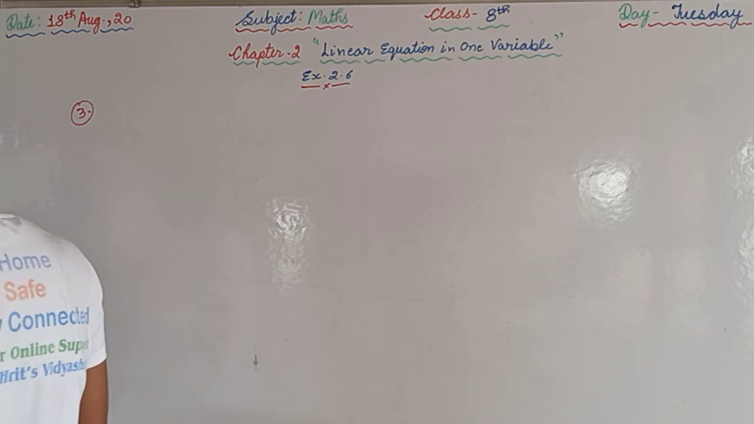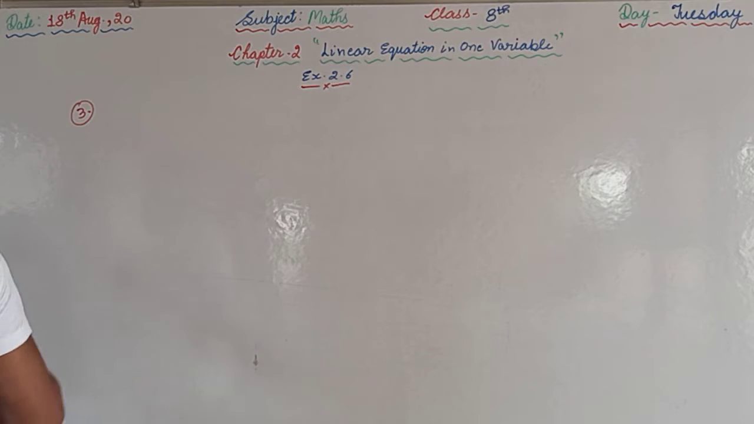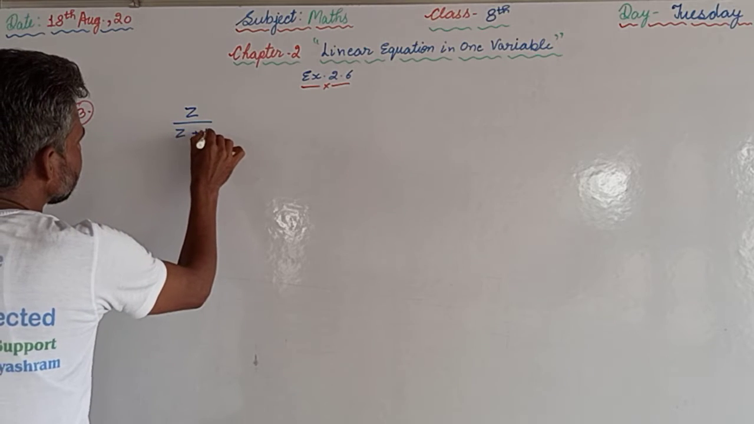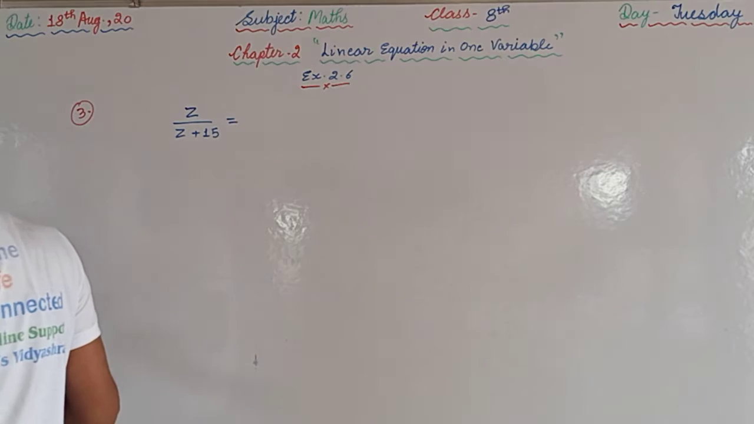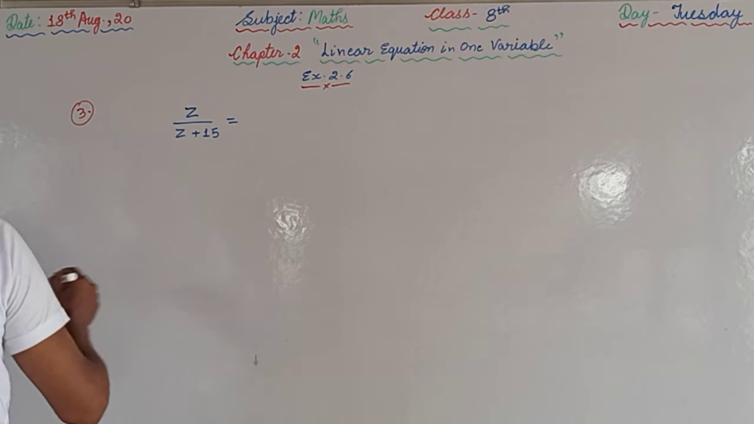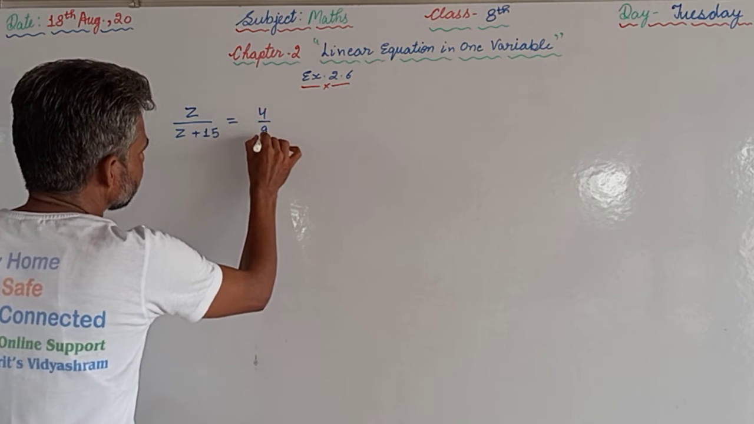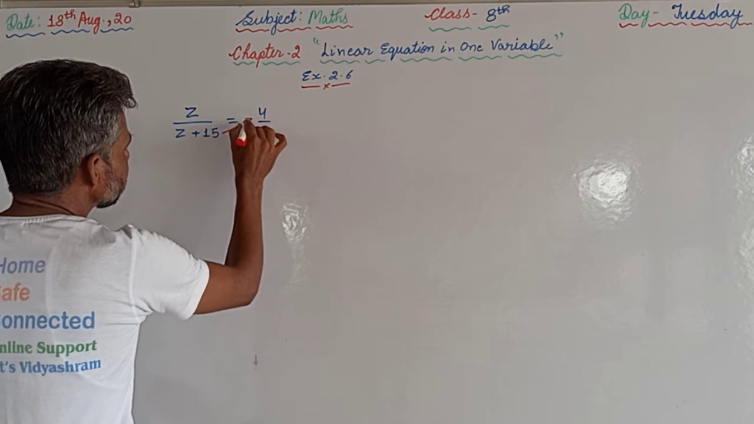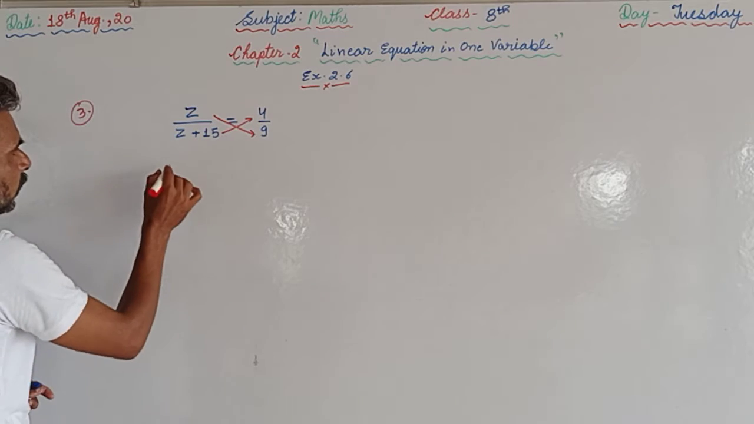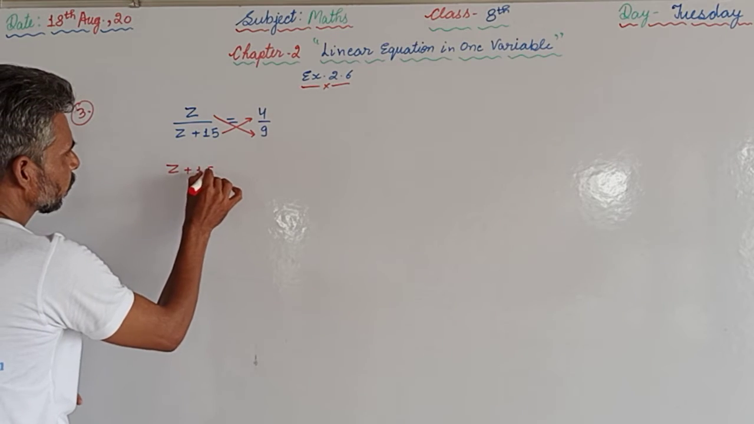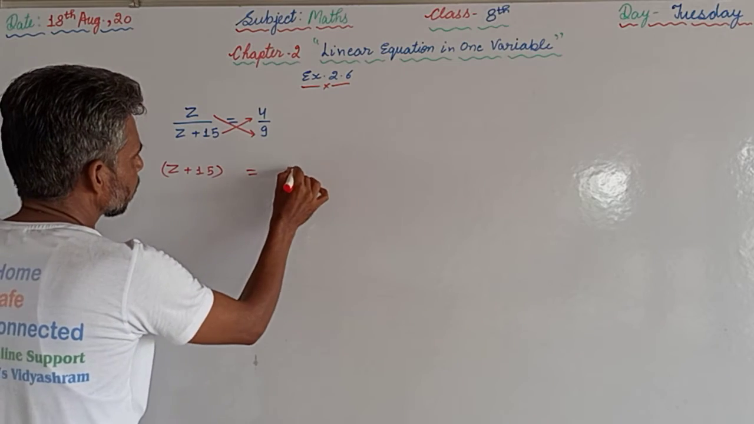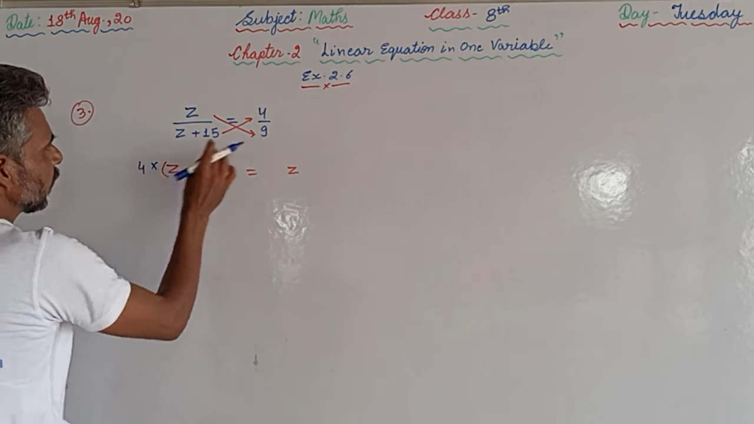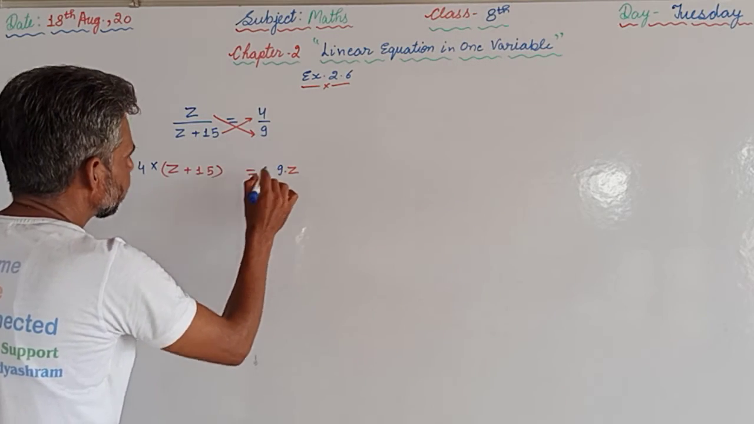the equation is given that z upon z plus 15 equals to 4 upon 9. So what will be our first step? Our first step will be cross multiplication. So z plus 15 and z will be multiplied by, z plus 15 will be multiplied by 4 and z will be multiplied by 9,